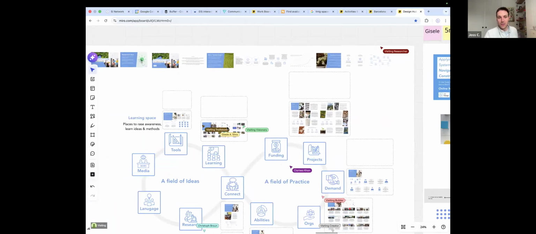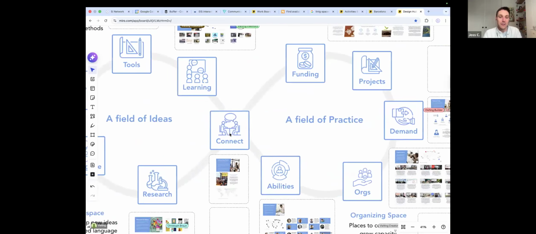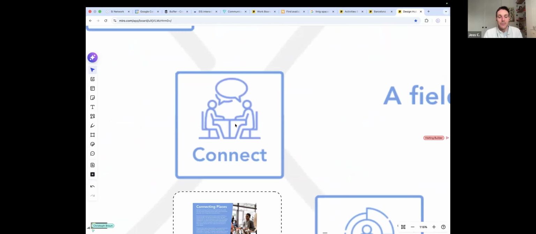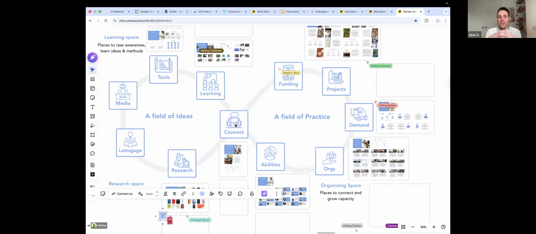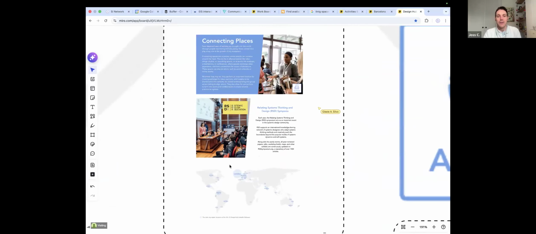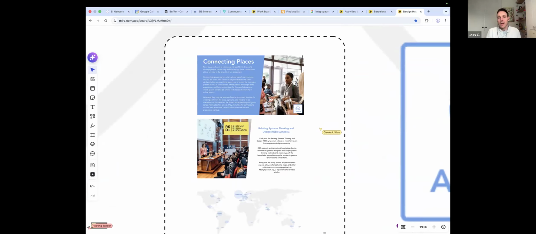The next section is connecting spaces. I'd say there's a bit of a gap here. So this is really where people come together and ideas can be exchanged. People can form connections for working together, for collaborations and so forth. I would say there's a bit of a gap here. The main event is this from the Systemic Design Association.